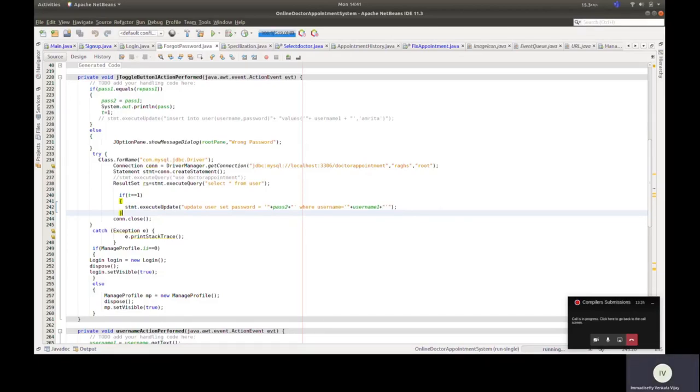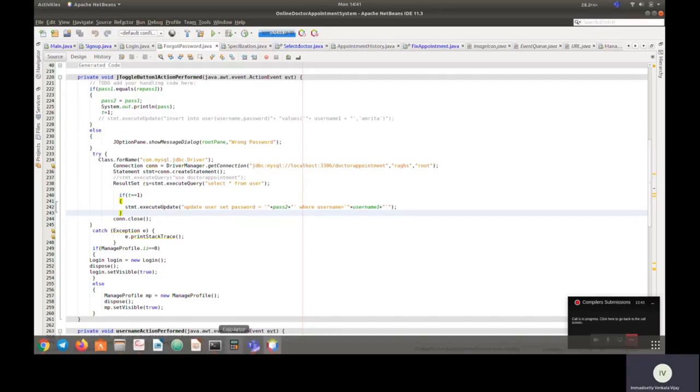So we have to write the execute update statement method. This executes update set password, what is entered, and where the username is ram, like before the user is ram. So the updation of the password is completed.